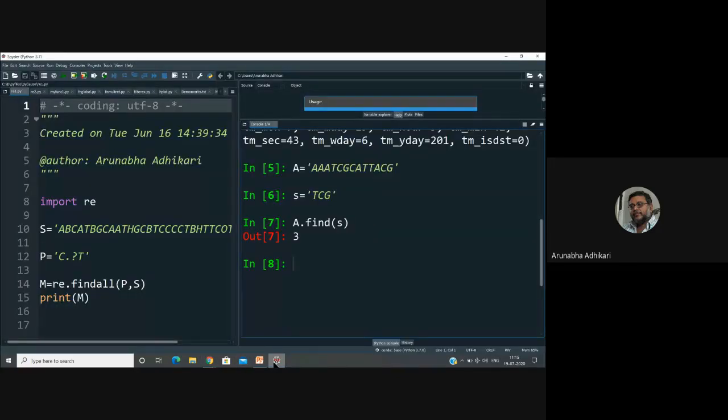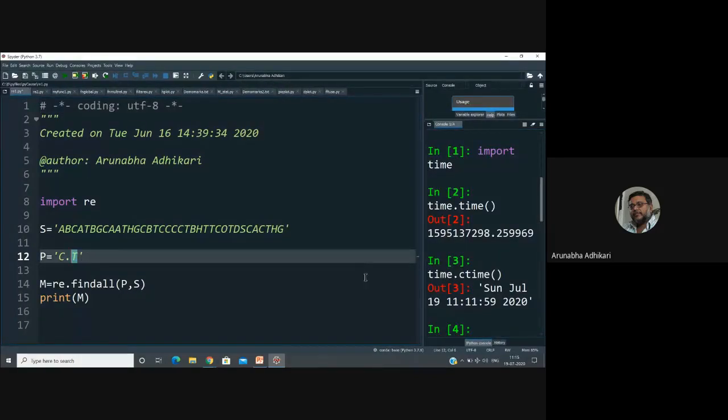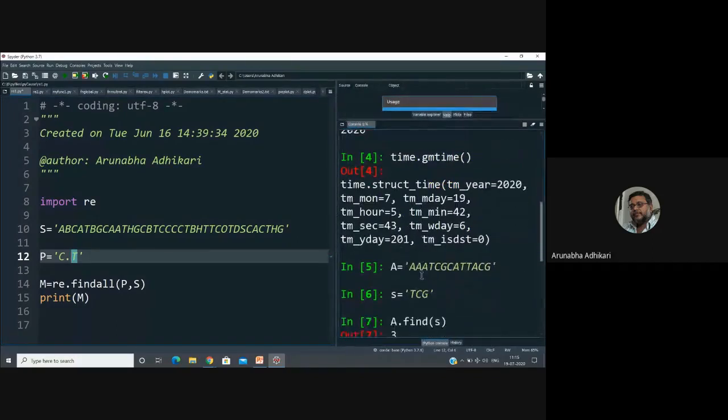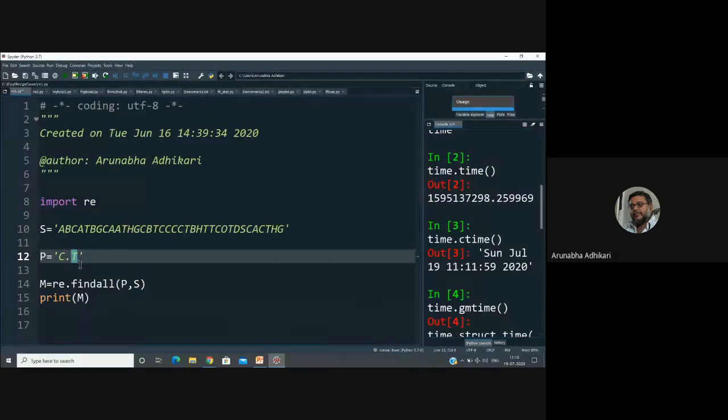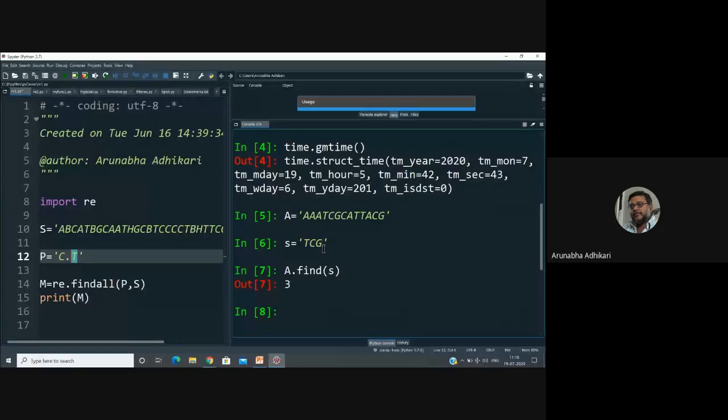Now, in this case, see, I had to specifically tell that I want this substring TCG. But there may be a case where we can give a more complicated kind of substring. Look at this. Here I gave the substring TCG. Here I gave a substring TC.T. Definitely, if I try it with A.find, it will try T, C, any character, T, like this one. If I give it here,